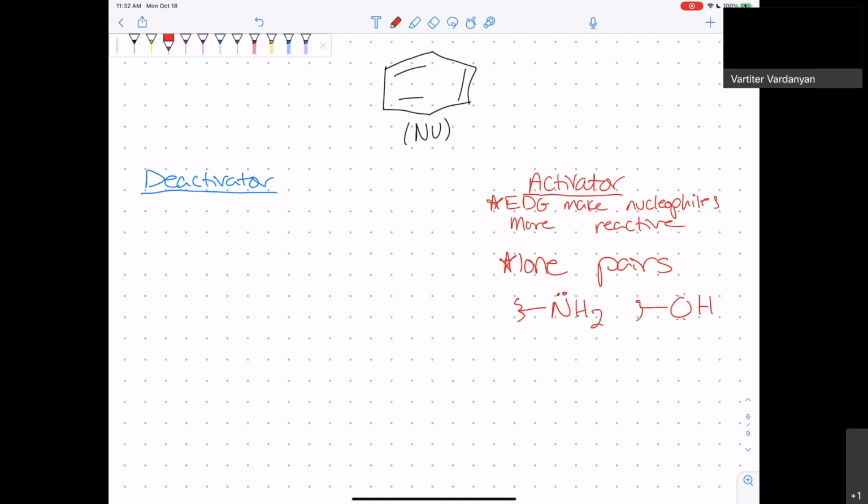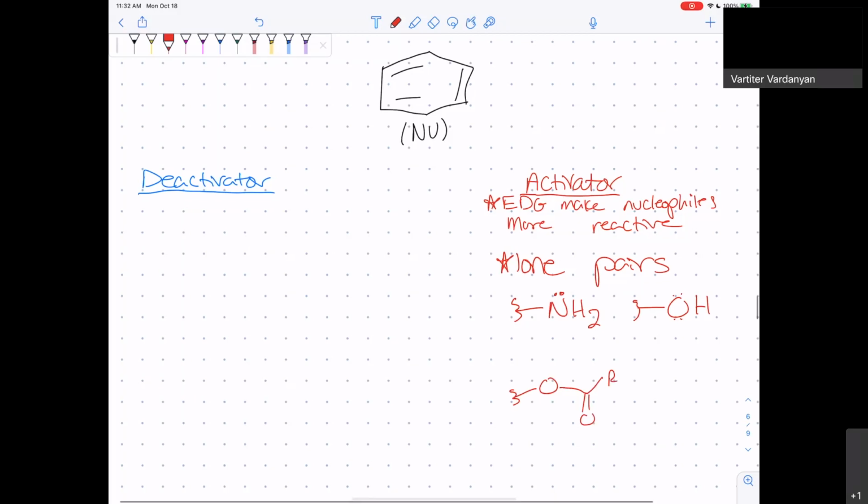And then someone else also mentioned the ester groups. So does the ester, in order to be a donating group, does it have to be attached from the oxygen side or from the carbonyl side? Oxygen side, cool. So we can have esters, and we can also have,